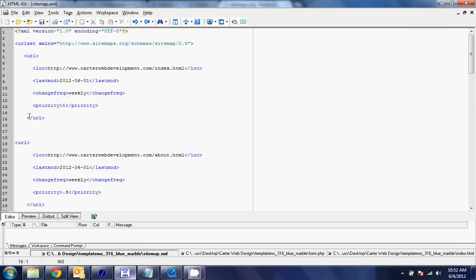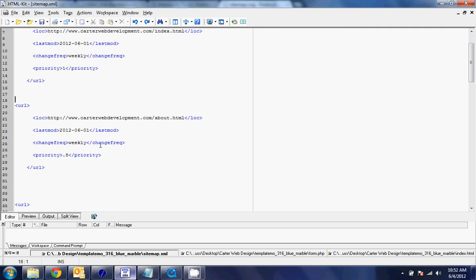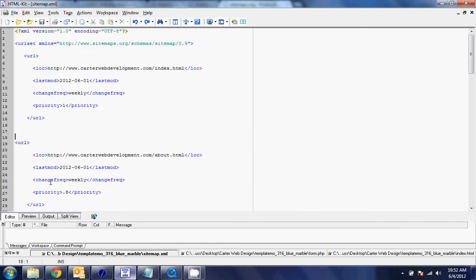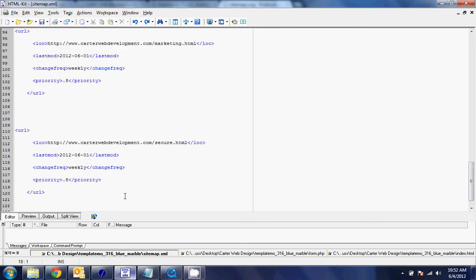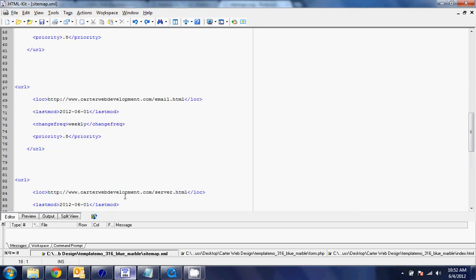That's it. We close our URL tags, and then we move on to the next page, and it's the exact same format. Now, once we get this done, which is not difficult to do, once we close our URL set,